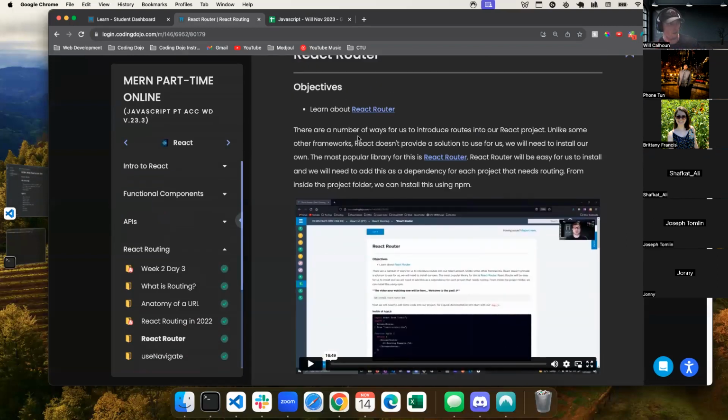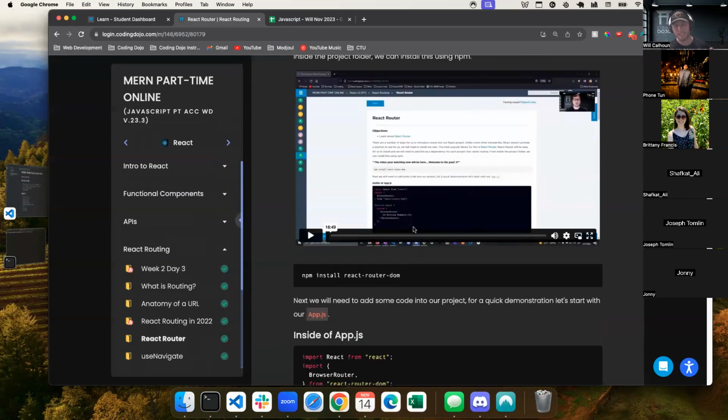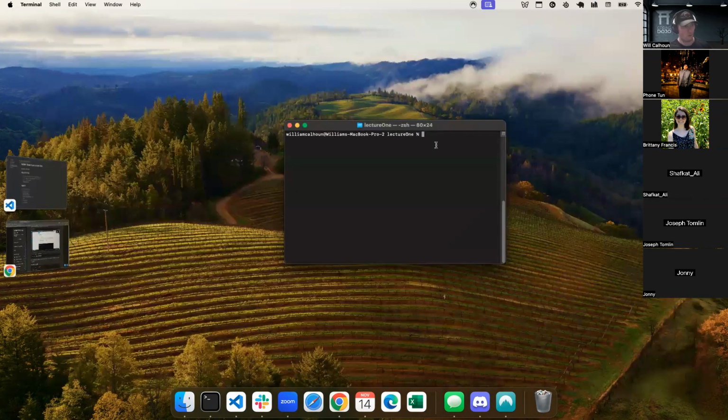Cool. Okay. So in order for us to actually create these routes, create these roads for our application to have, and to be able to alter the components or the way that we view components, we need to bring in an additional tool, and that's going to be called React Router DOM. So what we're going to do is I'm going to cd into routes or routing, and I still haven't run npm i. So I'm going to install. I've already created the Vite application. That's all I've done. So we'll run npm i.